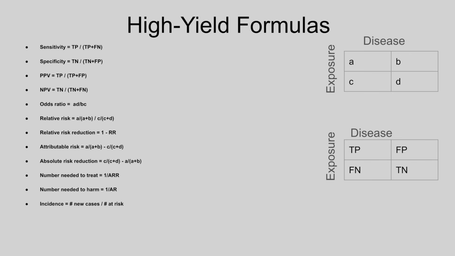And then incidence is the number of new cases divided by the number of people at risk. And then prevalence is the number of existing cases divided by the total population. So these are some really high yield formulas that you should commit to memory. And then we'll incorporate these into different vignettes. And that's how they'll usually test you on the STEP exams. So for question 1,